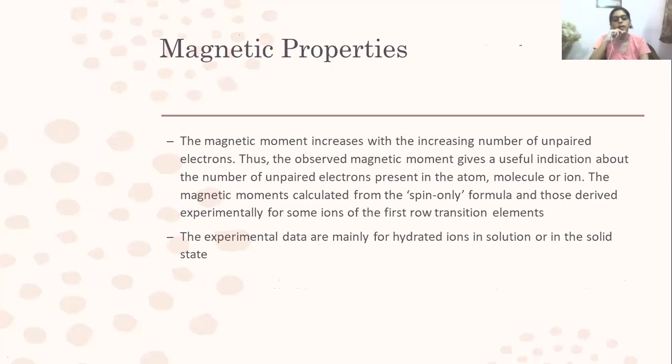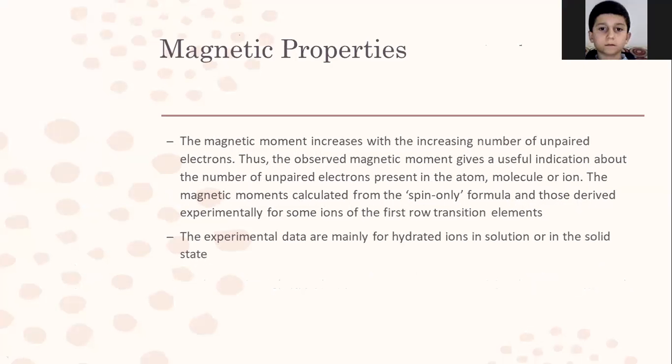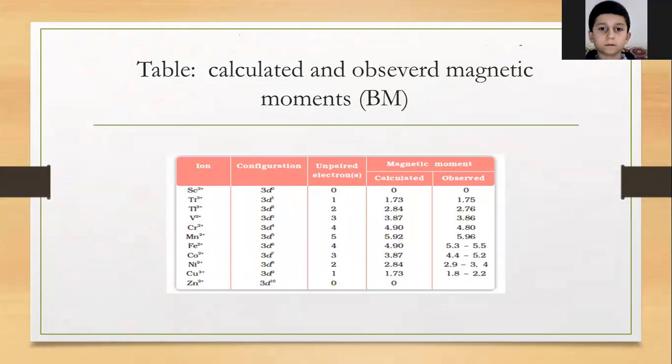The magnetic moment increases with increasing number of unpaired electrons. Thus, the observed magnetic moment gives us a useful indication about the number of unpaired electrons present in an atom, molecule, or ion. The magnetic moment calculated from the spin-only formula and those derived experimentally for some ions of the first transition series are shown. The experimental data are mainly for hydrated ions in solution or in solid state. Next. This is the table indicating calculated and observed magnetic moment. Next,